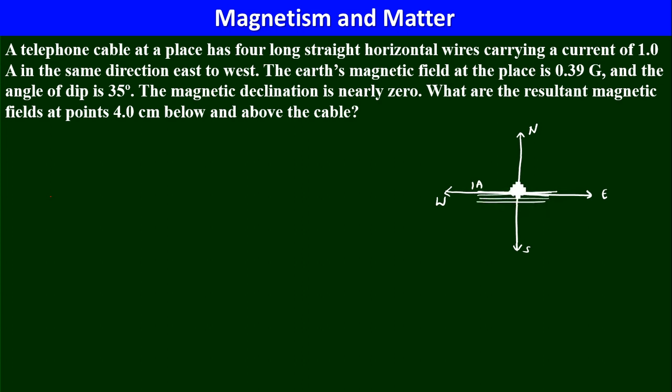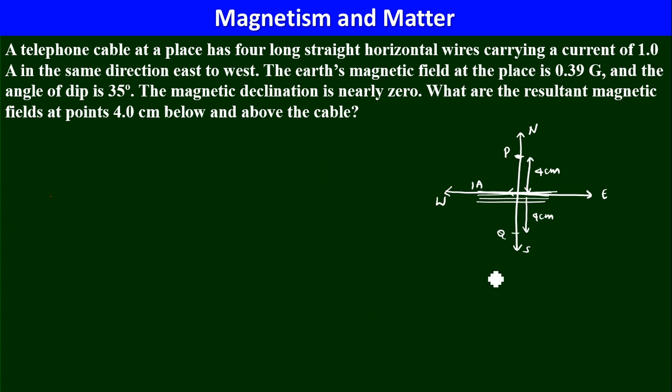Now because of these wires there will be a magnetic field produced around it, isn't it? So I'm considering the magnetic field will be in this fashion. I'm considering two different points actually. One point above these current carrying wires 4 centimeters away, and below also I am considering 4 centimeters. I am calling this point as P, this point as Q. Now I would like to find out the magnetic field at the locations P and Q.